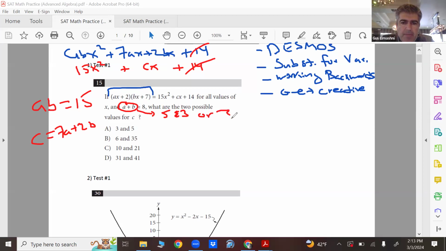Or I could reverse it and say A is 3 and B is 5. Well, if A is 5 and B is 3, then I should know what C is. 35 plus 6 or 41. Or if I reverse it,